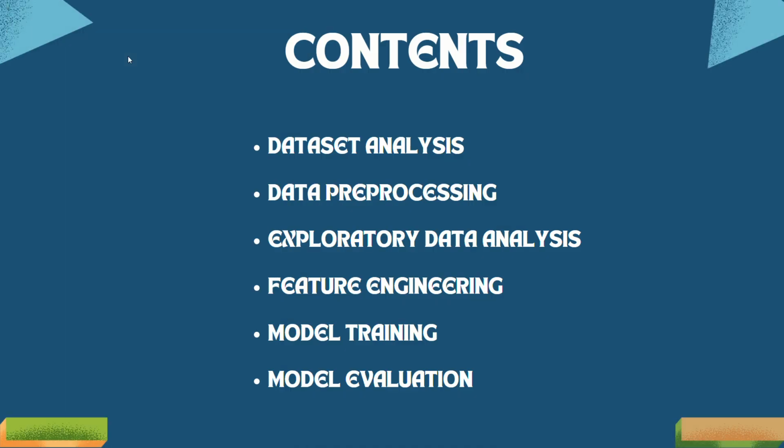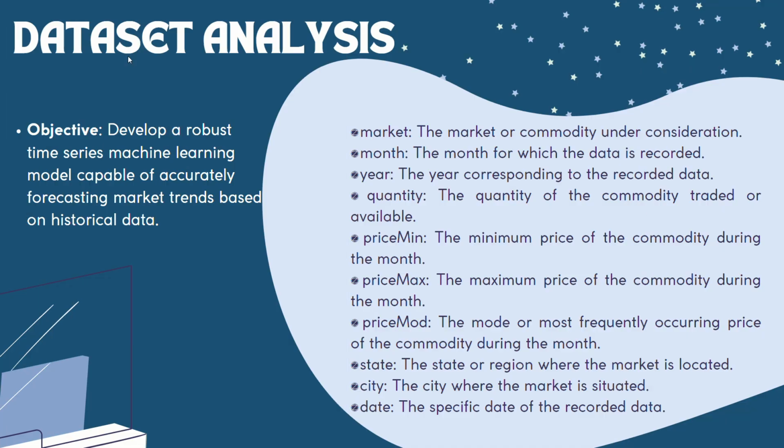Before getting into the technical side of this project, let's analyze the data set that we have been provided with. Our objective is to develop a robust time series machine learning model which is capable of forecasting the market trends based on the historical data. And we have been provided with several attributes such as market, the month, year, quantity of the commodity, maximum price, minimum price, price mode that gives the most frequently occurring price of the commodity during each month, the state, city